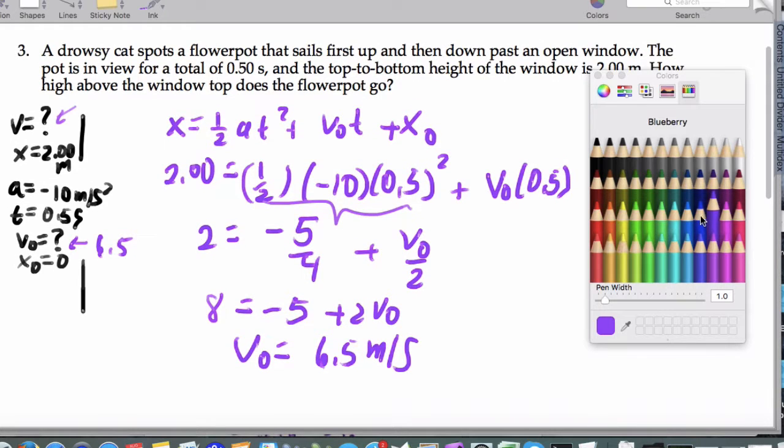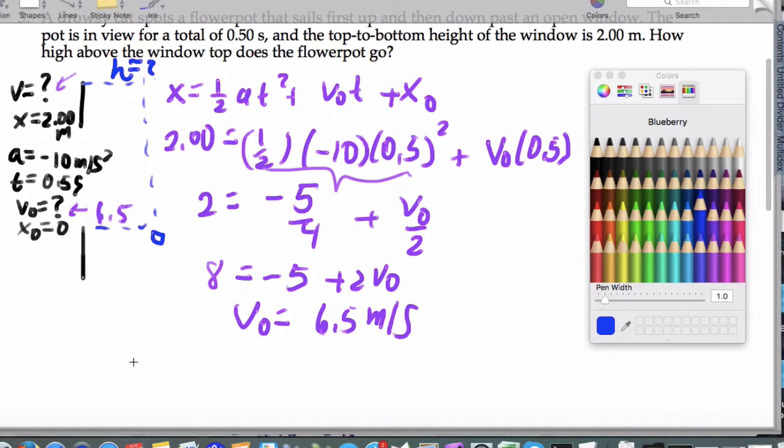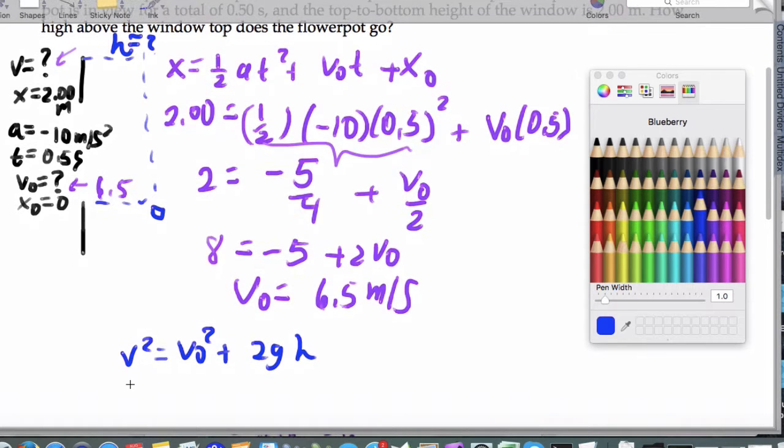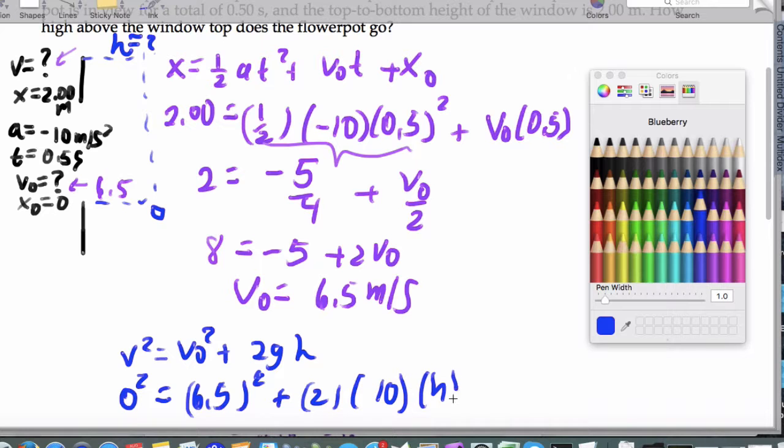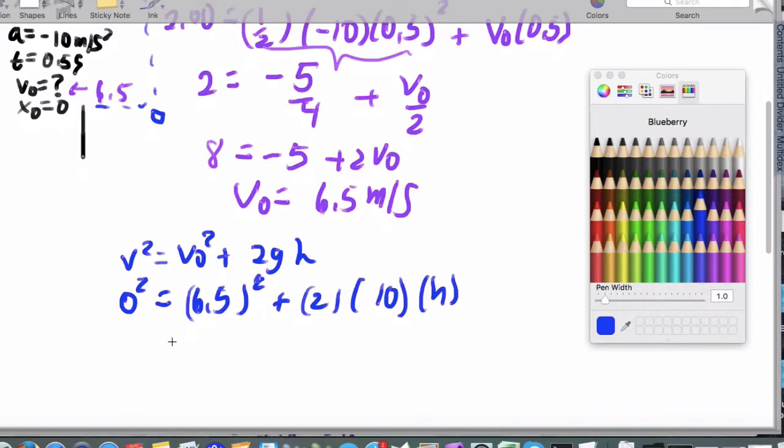So here's what I'm going to do. I'm going to actually take this initial speed. We'll have the flower pot here. And we're going to solve for the total height that it achieves from the bottom of the window. So we can say V squared is V naught squared plus 2GH. 0 is the speed at the very top. 6.5 is the speed it starts with, plus 2 times 10 times my unknown height. And when I actually solve this out, I'm going to get a height of